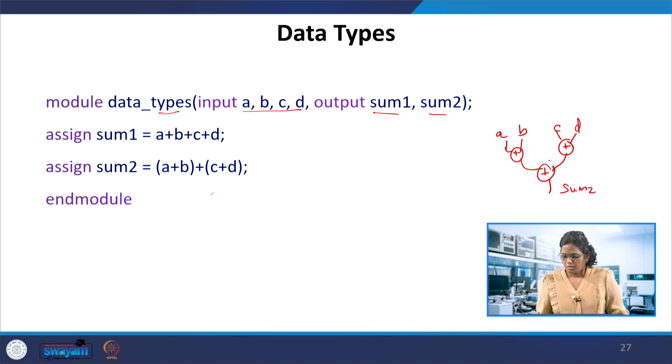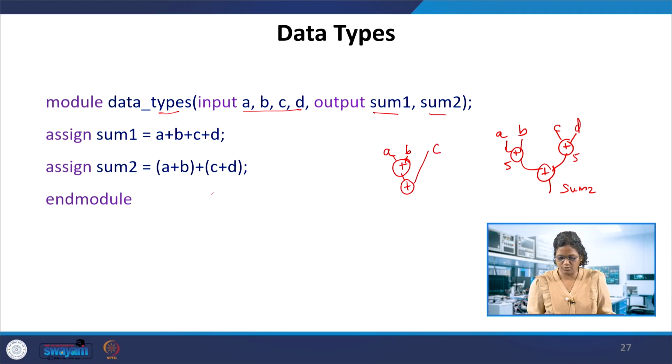Okay, but in this case, suppose a bit exceeds here, for the carry. If it is 4 bits, it will be 5 bits, and 4 bits again will be 5 bits. But in this case you have 4, and adding it would have one 5-bit result, and another. If you have A, and then here is B, and then C is added over here, and then D is added to this. Okay, that's sum 1.